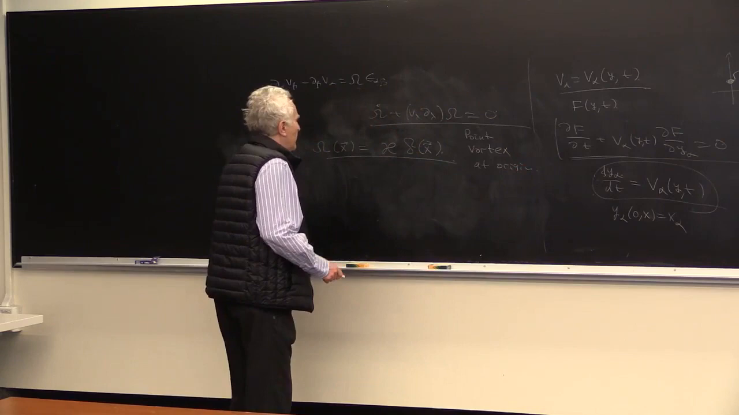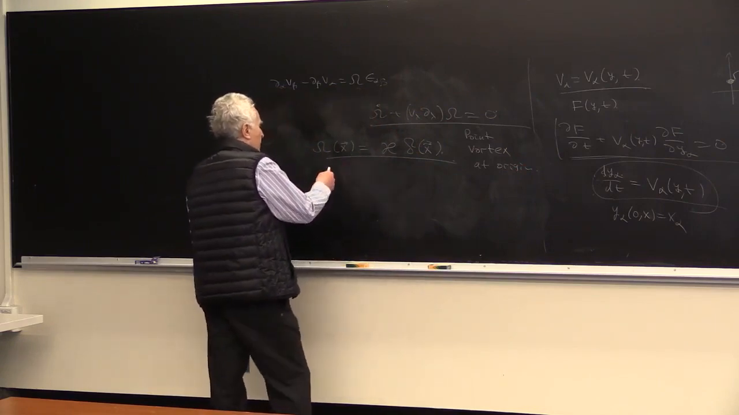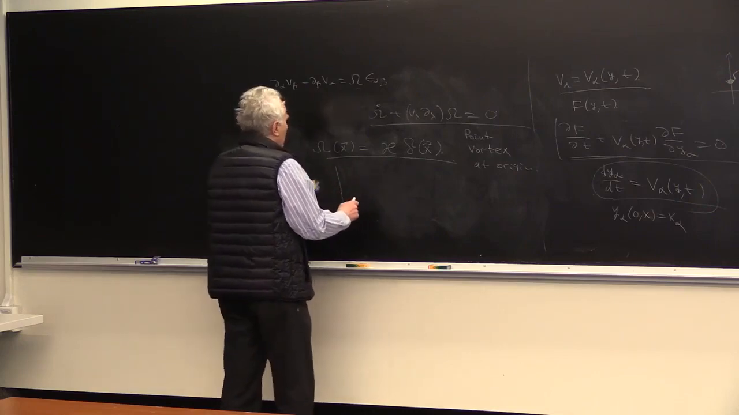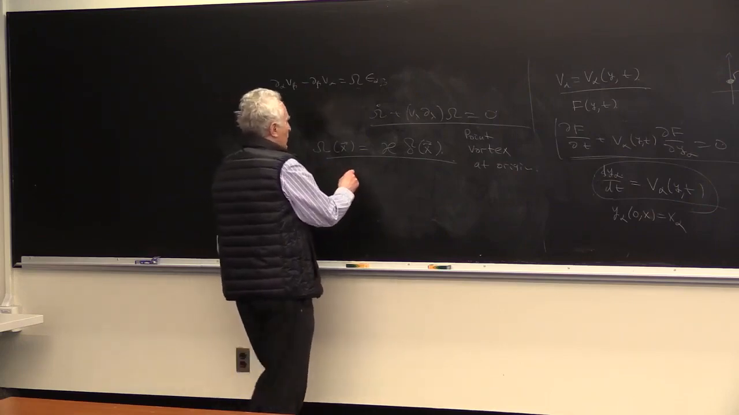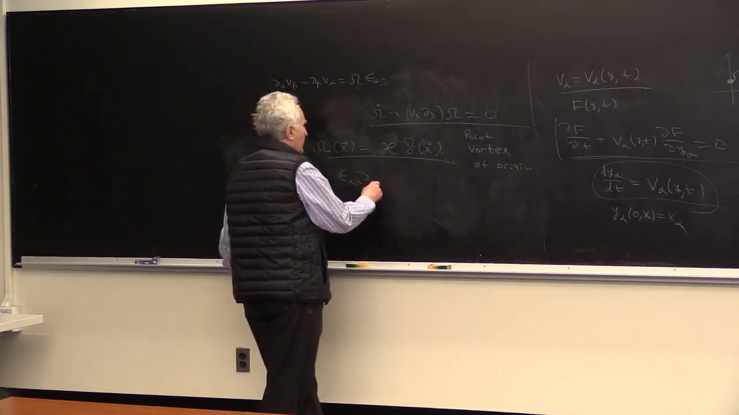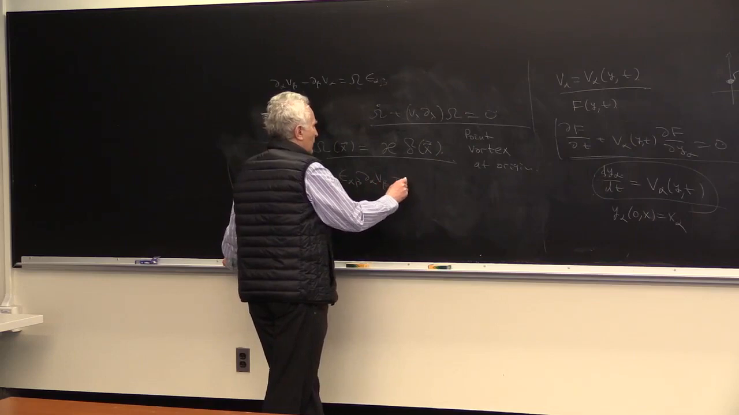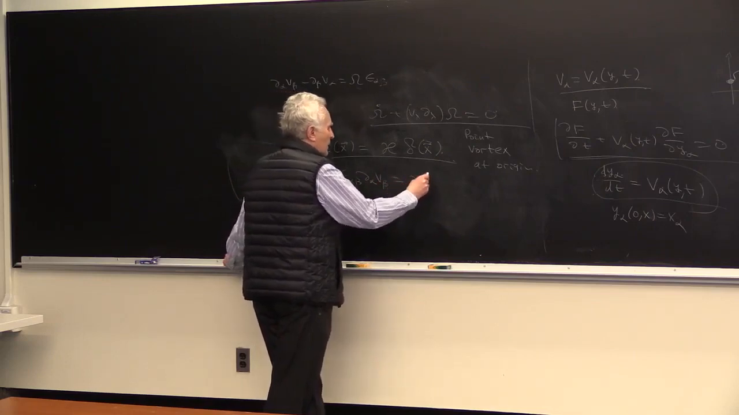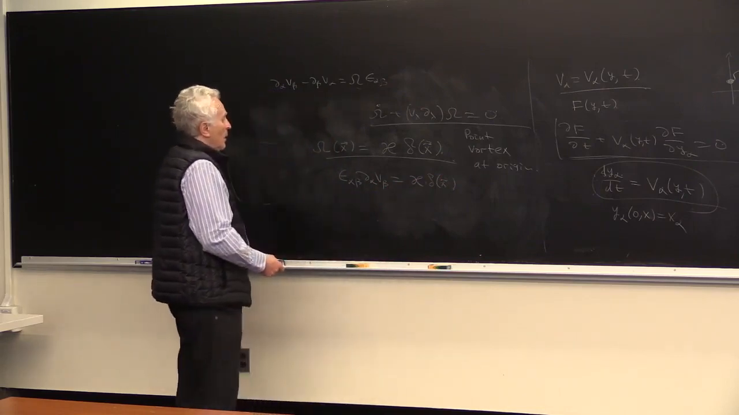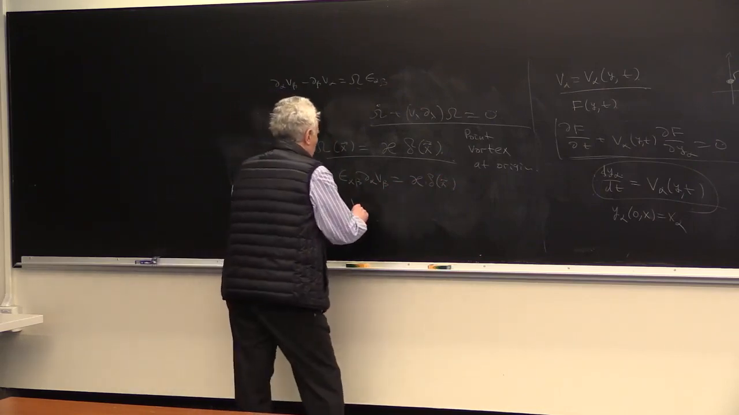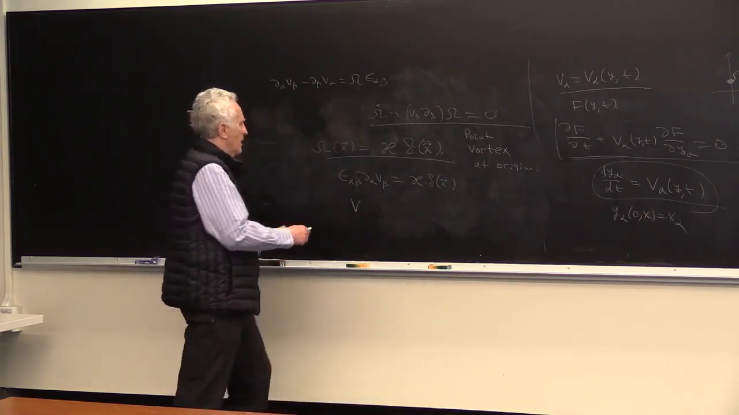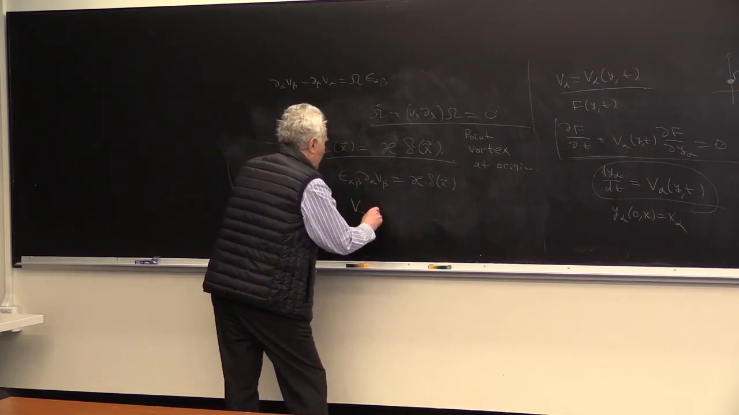Let's find the distribution of the velocity corresponding to this thing. We have to solve the equation epsilon alpha beta d alpha v beta is equal to kappa delta of x. Now we can look for the solution. It's actually convenient to look for the solution in the form